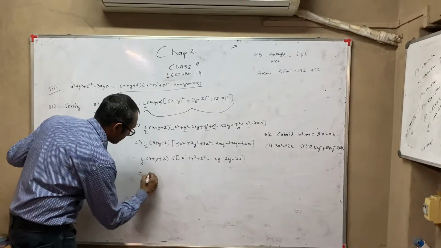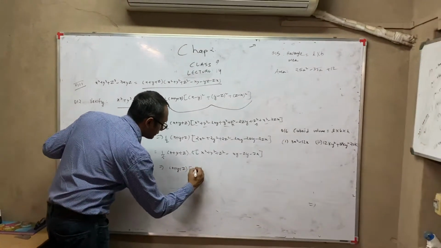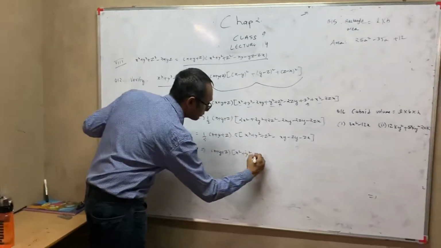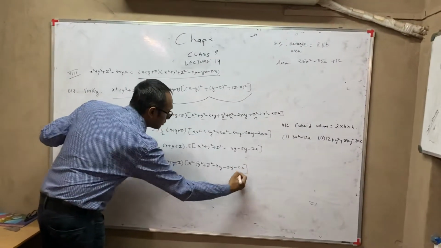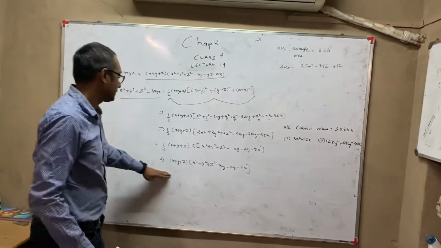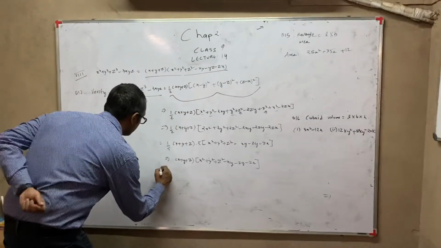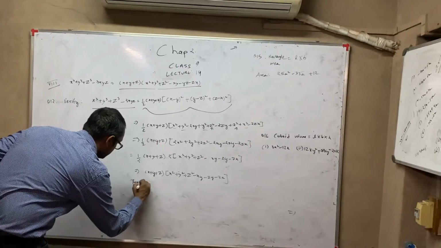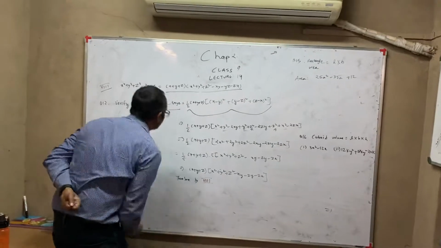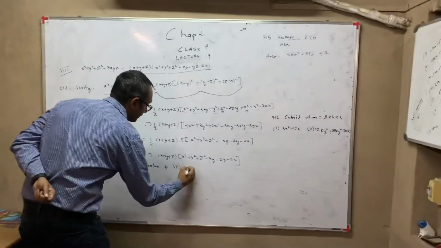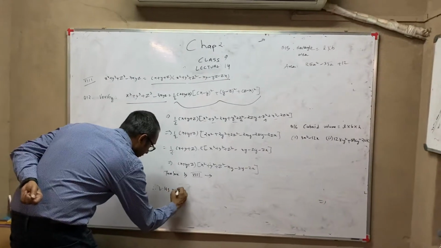So I will be left with x plus y plus z. If I see this and if I see this, both are same. Therefore, by identity 8, and here you write this identity, we can say therefore LHS equal to